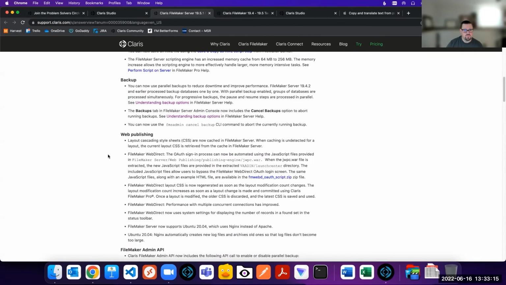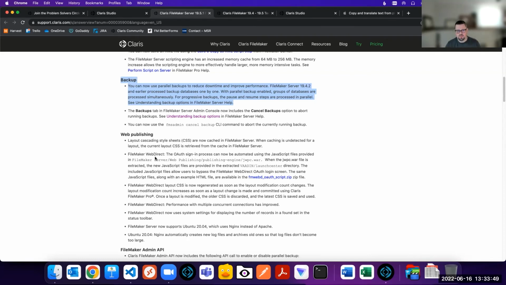Parallel backup performance, that's going to help. It's going to allow you to process multiple backups simultaneously. Before, it would kind of queue the backup, so it would back up one file at a time and then move on to the next file when that one was done. But when it's in parallel, they'll all start backing up immediately as it's able to spin up multiple threads. So backups will be faster, which means if you're doing progressive backups during the day, or you